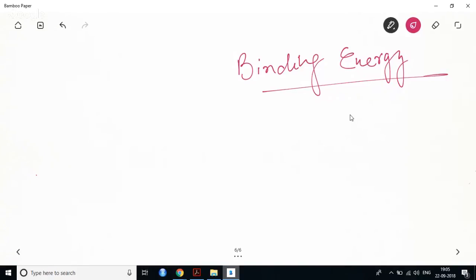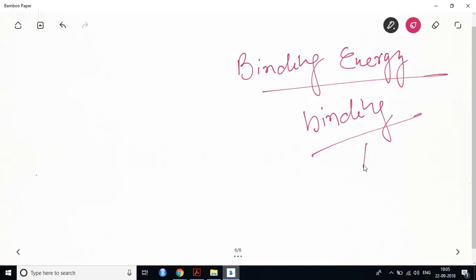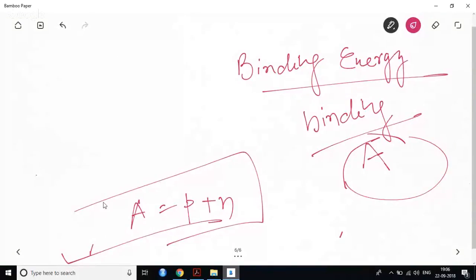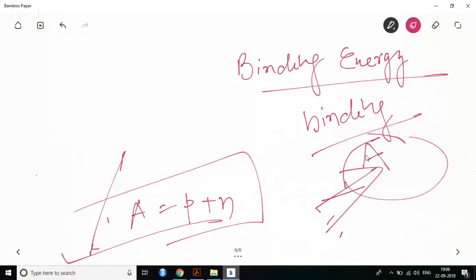Formula is given. Binding energy per nucleon means average energy required to extract one nucleon from the nucleus. So binding energy per nucleon means binding energy divided by the mass number A. Nucleon means your proton and neutron both. So A means P plus N. It works on complete nucleon. So it should not be Z, it should be A. Both proton and neutron are included here. So that is the concept of binding energy per nucleon.